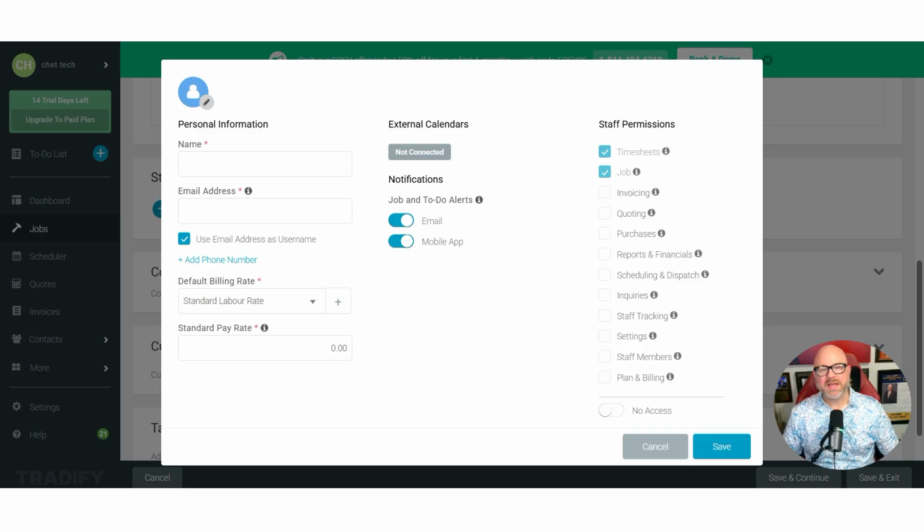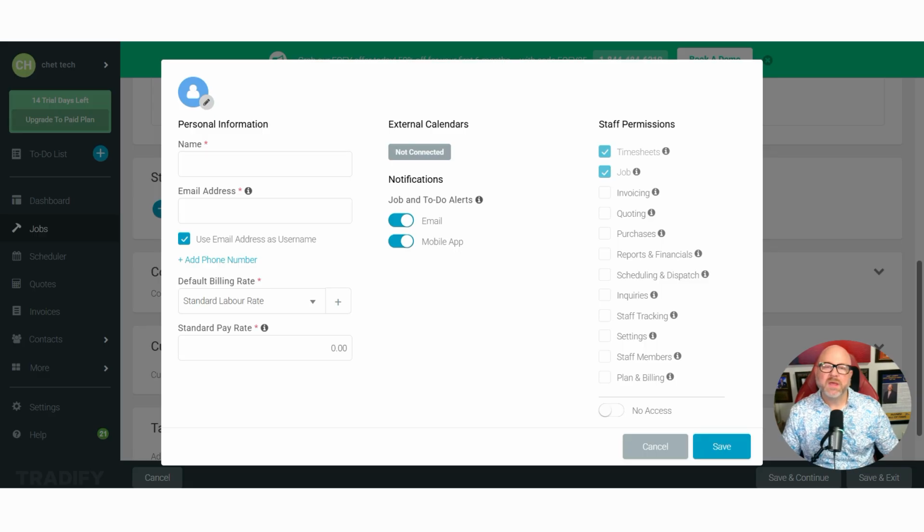Then provide contact information for the job. Now, this can include a job contact name, job phone number, and mobile number. Adding these details will help staff get in touch with the right person quickly. Now, below that, you'll notice fields for custom information like custom one, custom two, and so on. These are flexible fields that can be tailored for your business needs. For example, you could use them to track job priority, material types, or any other information that is important to